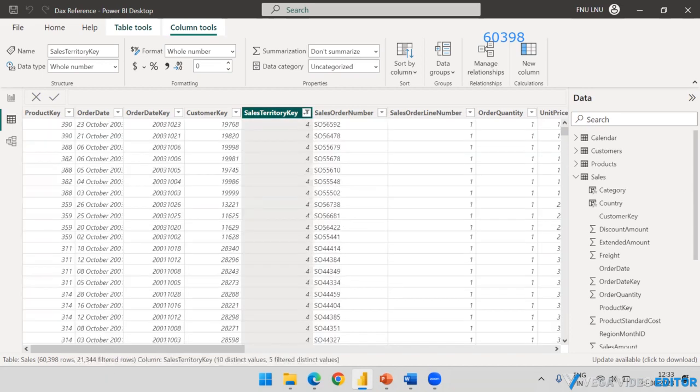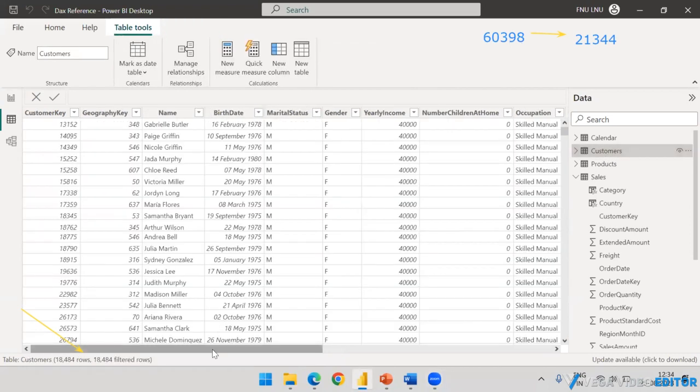How many rows are remaining? 21,344 rows are remaining. So this will get reduced by the first filter to 21,344. This is fine. Again, I will go and see the next filter condition. If I go to the customer, there is a customer key called